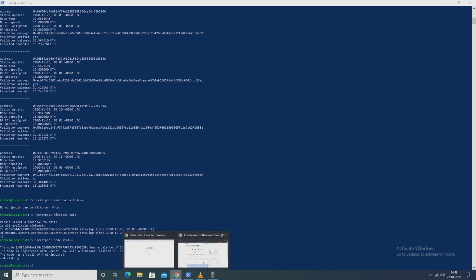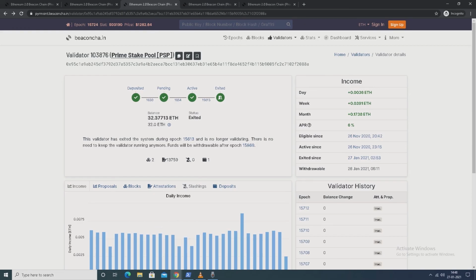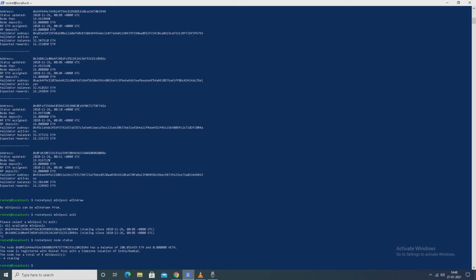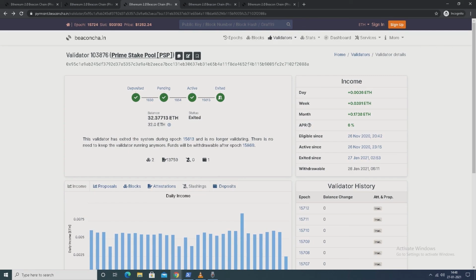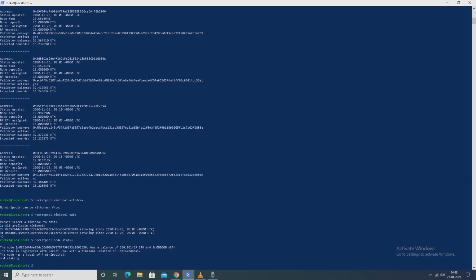So node status will show 2 staking only after epoch 15869 when the funds will be withdrawable. So let's see what happens. For now, let's exit and wait for the time so we can withdraw the funds.